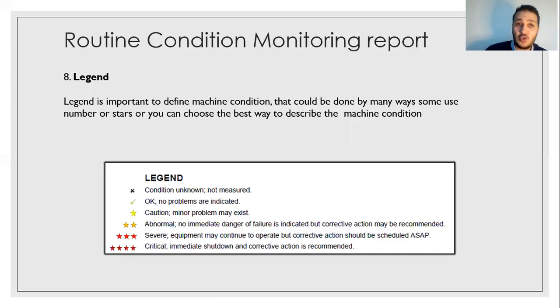signature. Also, you can have a legend and you can state the machine condition by, let's say, some people do it like one, which means okay, two is caution, three is abnormal, four is severe, and five is critical. Or you can make them like 1 star, 2 star, 3 star, whatever the legend is, and you should have a common understanding between you and the maintenance team, or the guys who are going to take the action, of what's the meaning of your legend. And if you can include a small table at the beginning of the report explaining what the legend means, that would